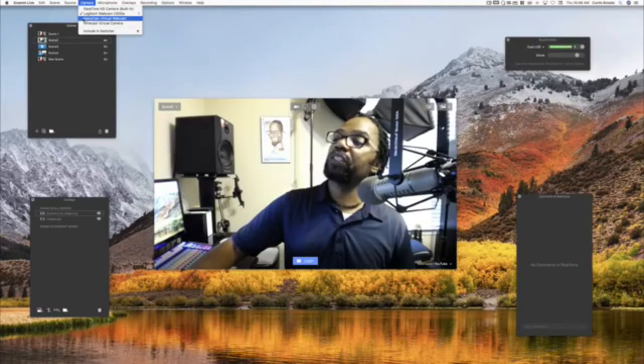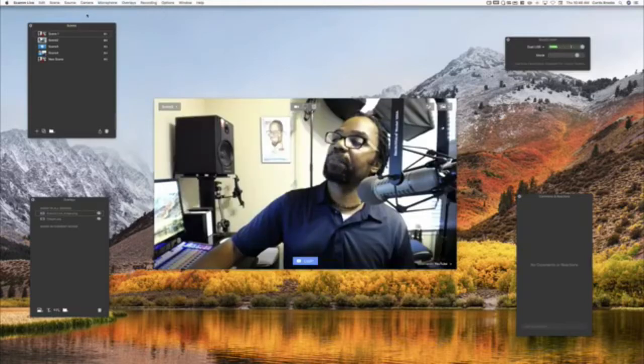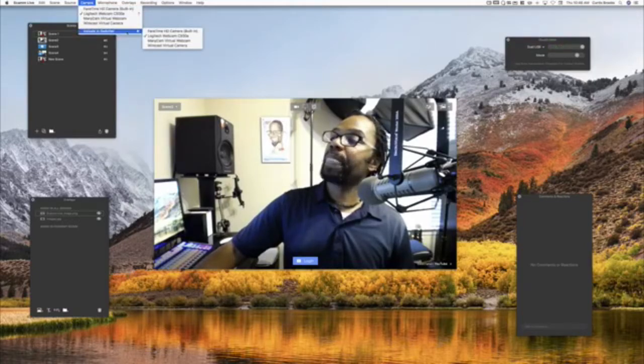And for the sake of illustration, I'm going to use a Manycam virtual camera. So it's not an actual camera. And so now that changes my camera here. Let me go back to selecting another camera, making my Logitech camera here. And now I want to make this Manycam part of my switcher, so that once I do, it's instantly going to show up on my main screen. Right now, it's just my Logitech camera, the camera that I'm talking to you in right now.